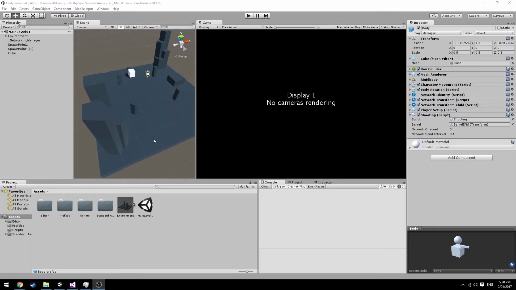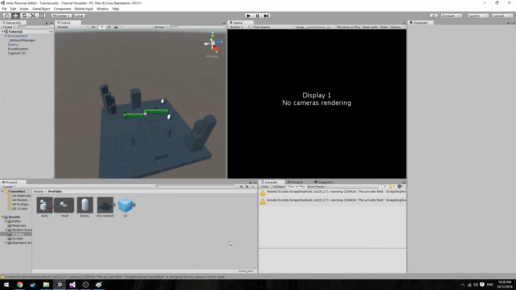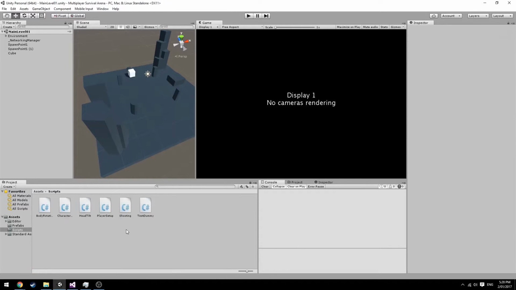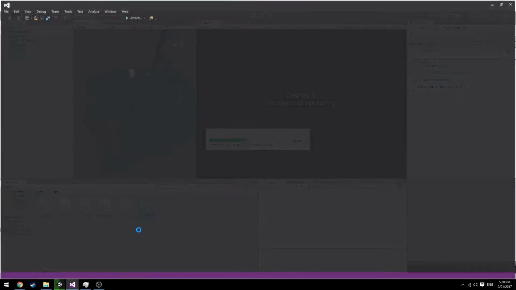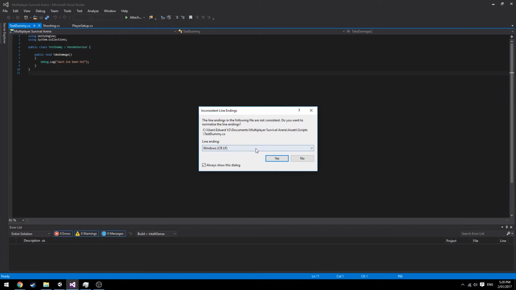In our last video we developed the shooting script. Right now, before we start the grappling hook component and eventually complete our quote-unquote two-week goal, I want to go to the test dummy script and make it so we actually synchronize the health